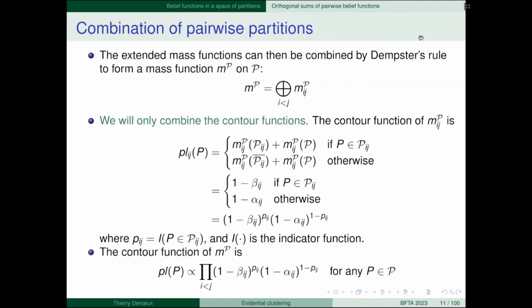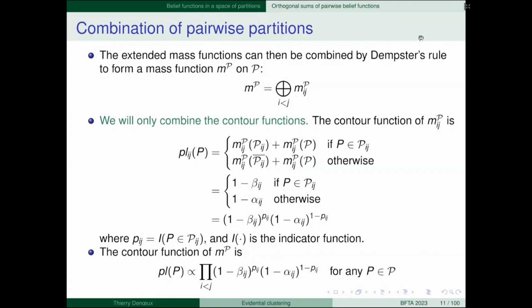Here I forgot to mention something: because we use Dempster's rule, we do the calculation as if the mass functions Mij were distinct or independent. Although actually it's not the case, because if you have 3 objects I, J, K, and you believe that I and J are in the same group, and J and K in the same group, it constrains your belief that I and K are in the same group. So there are these transitivity constraints, but we forget about this.